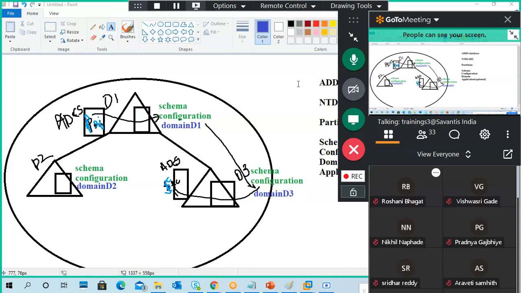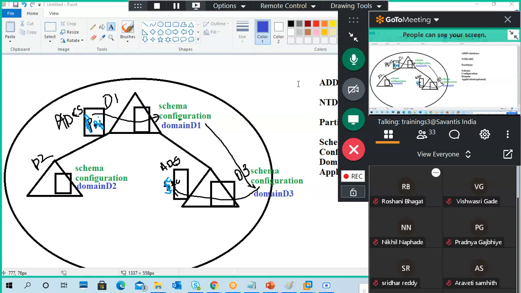Not an additional one. It is a server, and I need some certification related server, so I install an ADCS. That's it. Just for understanding configuration partition only.